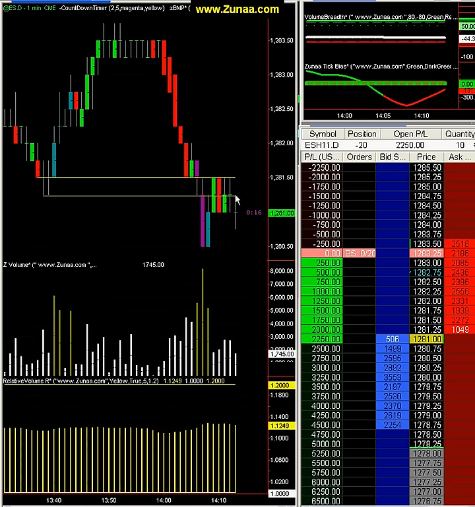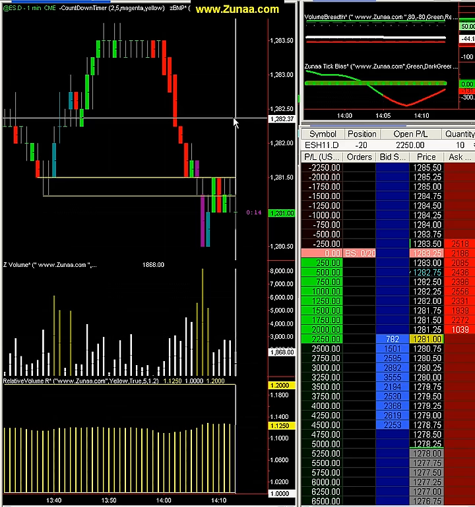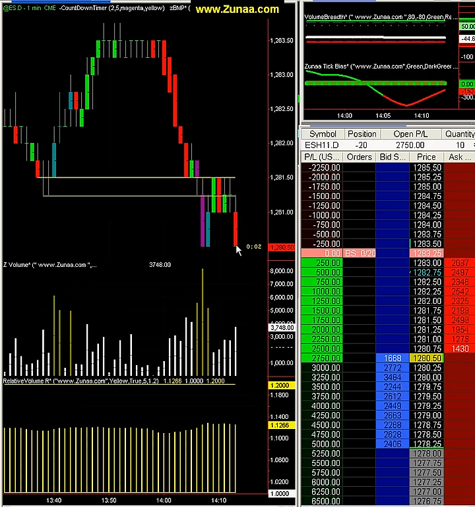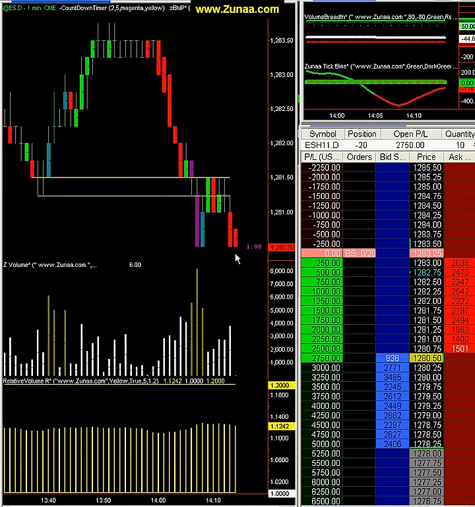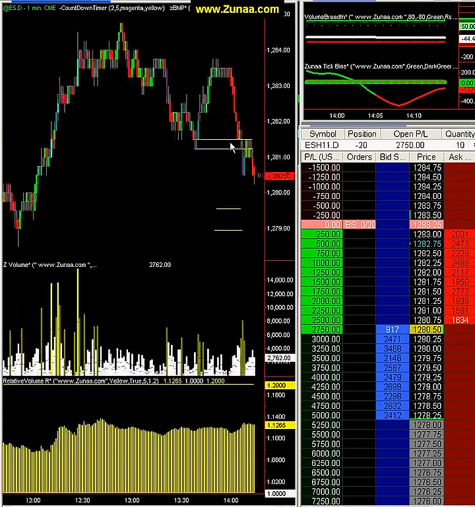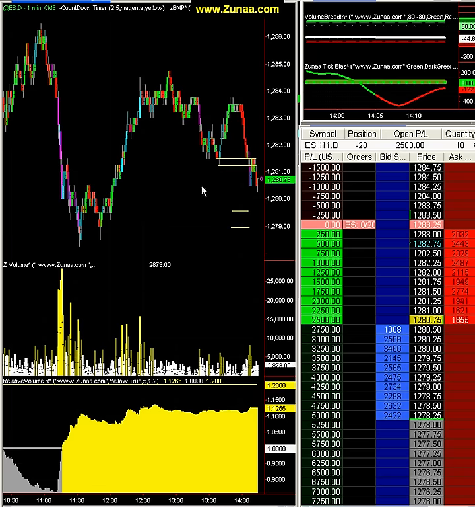So again, we're still in this area. We want to see price move lower, and the more we hang out in this area, the probabilities for us to break above this area become higher. So this is the final test, that we're testing that low again. We want to see volume come in to push it below. So we did break that low. Let's see if we could creep right into our profit target zone in this area. Okay, so